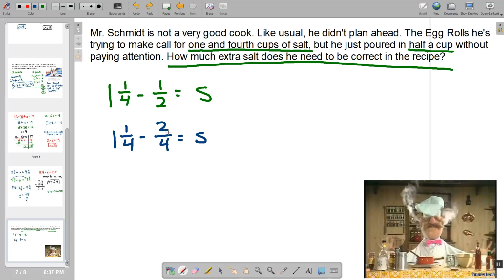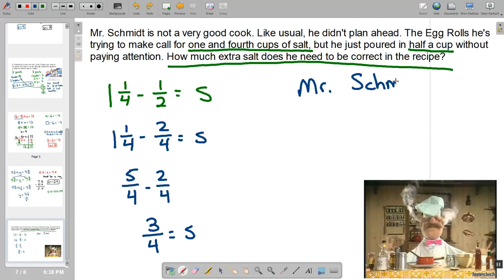Now this time it's not as easy as the last one we were doing because 1/4 is smaller than 2/4. So I'm actually going to change this into 5/4 minus 2/4. Whoops, I'm not sure why I wrote thirds there. 4ths, which ends with 3/4 is what we need for our salt. So Mr. Schmidt needs 3/4 of a cup of salt